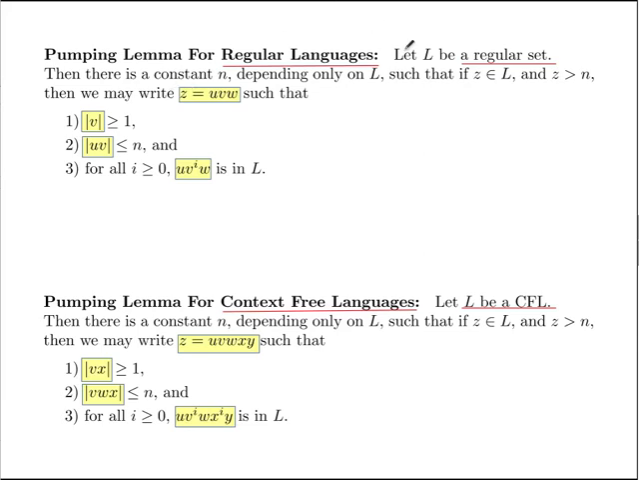So after studying regular languages, we showed that there are languages which are not regular, right? And the tool we used for that was the pumping lemma for regular languages. We used this lemma to prove that certain languages are not regular, for example, 0^i 1^i for all i. And then we proved that